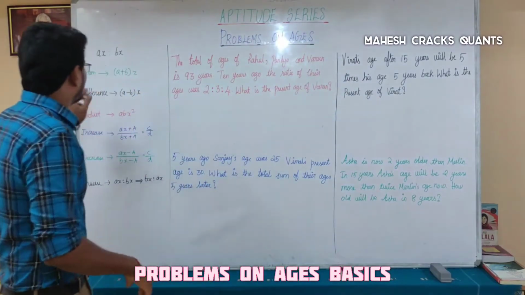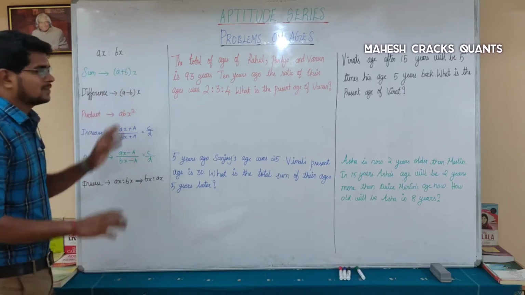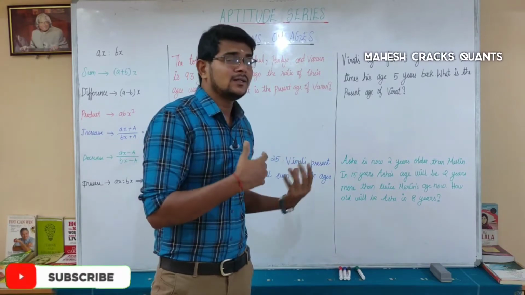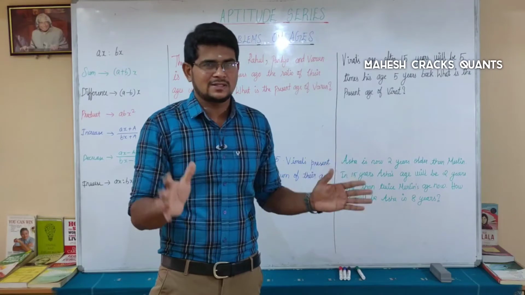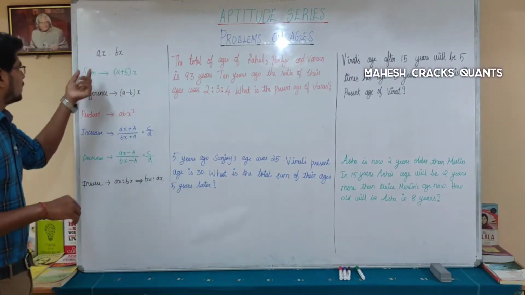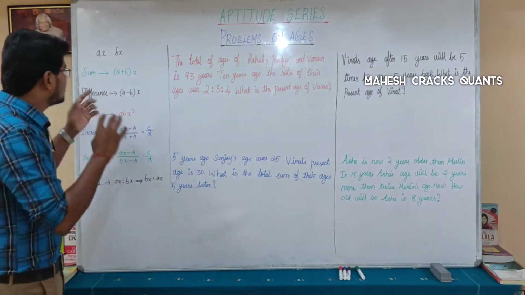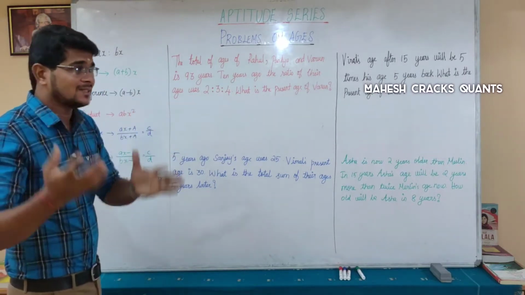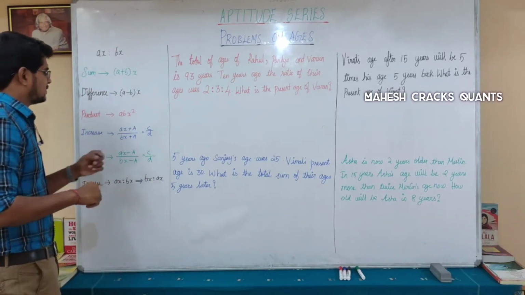Let's begin. In the ratio class, I told you that AX:BX ratio is nothing but comparing two quantities. Here, we are comparing two persons' ages, three persons' ages, or more, in ratio. The sum of their ages is (A plus B) into X. Difference means (A minus B) into X. Product means AB X square, when you multiply these two.